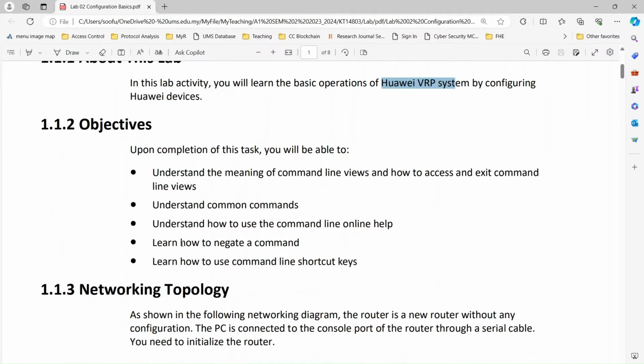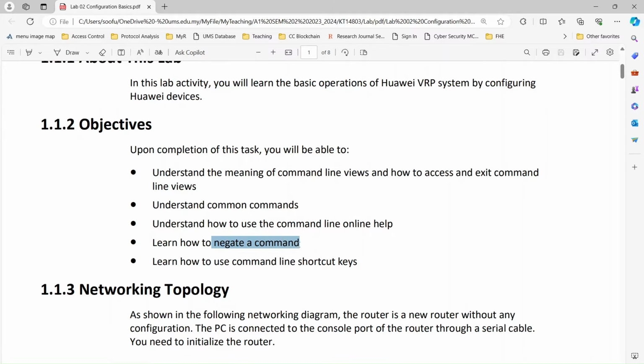In this lab, you will familiarize yourself with the commands, and how you enter a different view from the user view. What is the difference from the system view, and also how you move to the interface view to do some configuration. In case you forgot, you cannot remember all the commands and the syntax, you can look for the help. How do you trigger the help to give you some hints